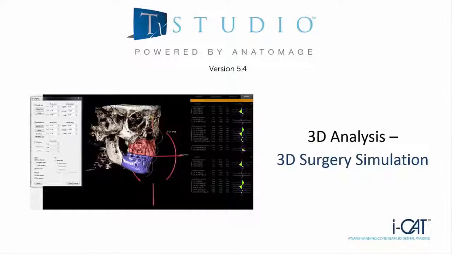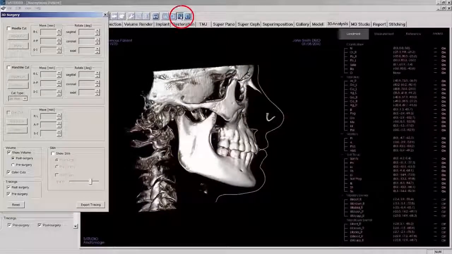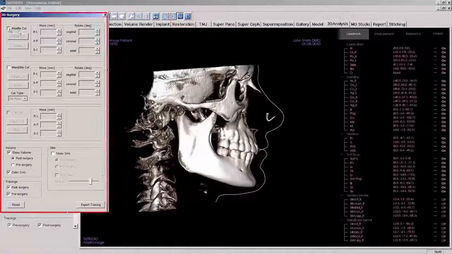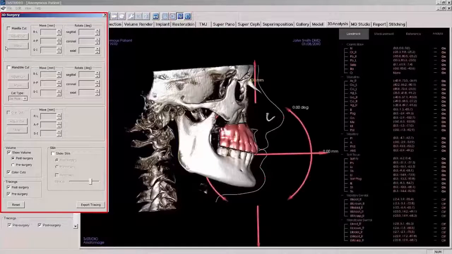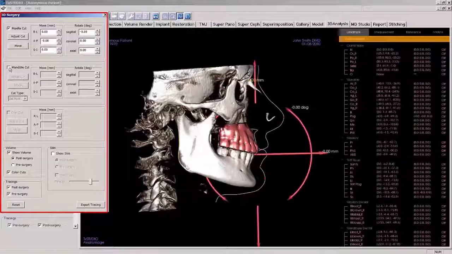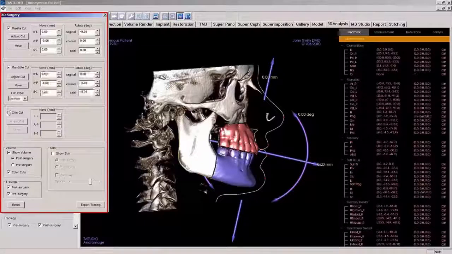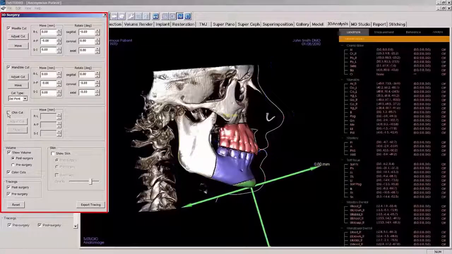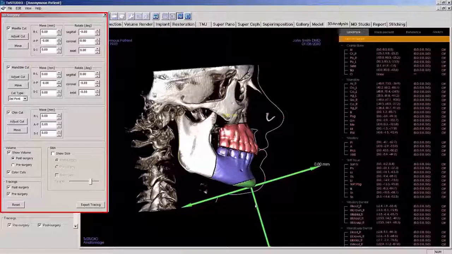3D surgery simulation. New in TxSTUDIO 5.4 is a 3D surgery simulation feature, the only true volume-based surgical analysis. The 3D surgery tool allows the user to simulate surgical cuts and adjustments to better assess the surgical procedures necessary to achieve facial harmony. Once the patient's scan has been traced, you will be able to use the software's automatically